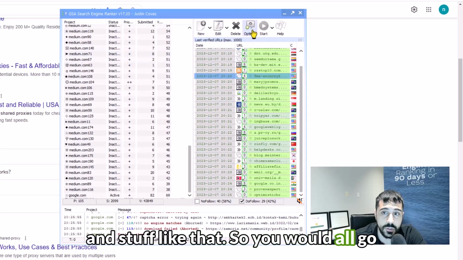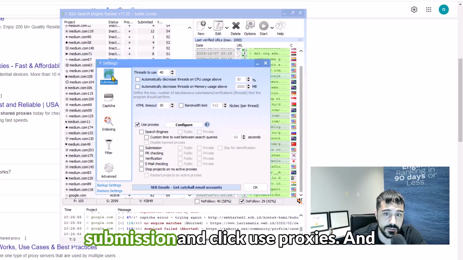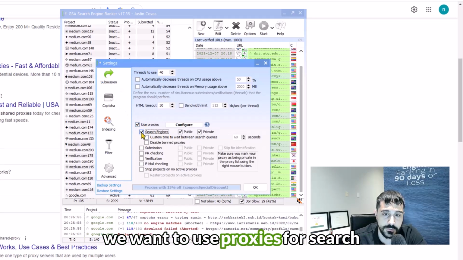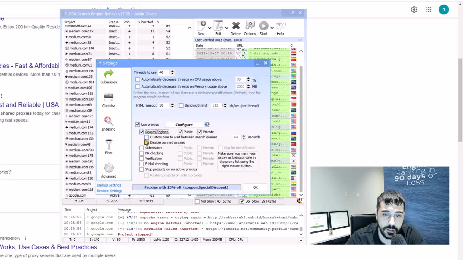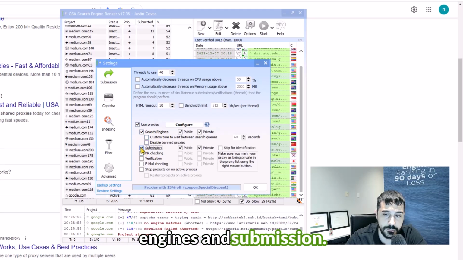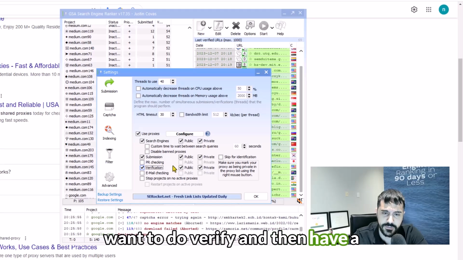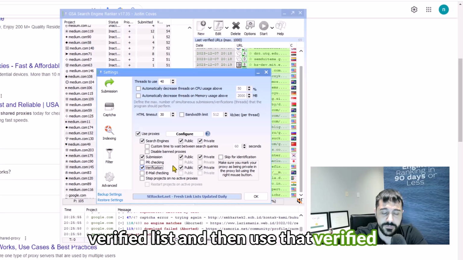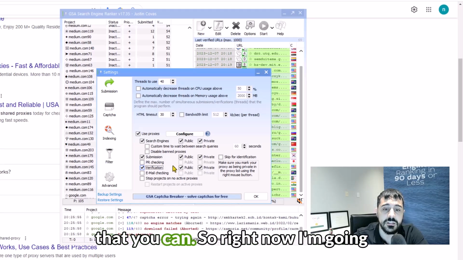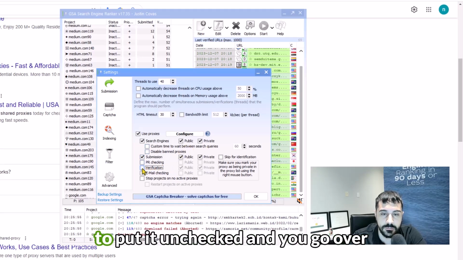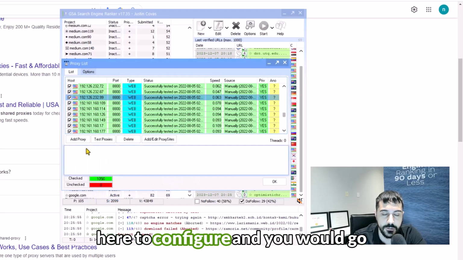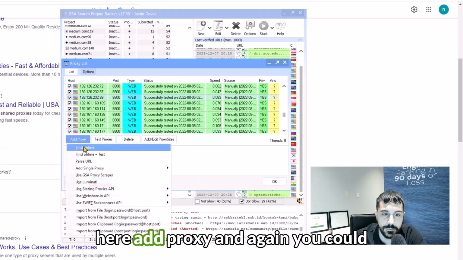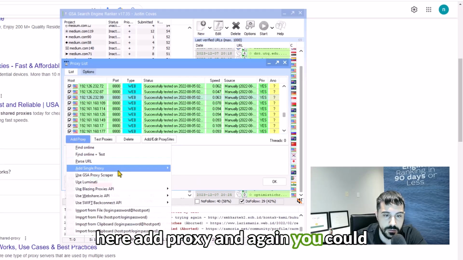So you would go over here to options and go to submission and click use proxies. And we would want to use proxies for search engines and submission. If you want to do verifying, then have a verified list and then use that verified list on more projects and stuff like that, you can. So right now I'm going to put it unchecked, and you go over here to configure, and you would go here, add proxy, and again, you could